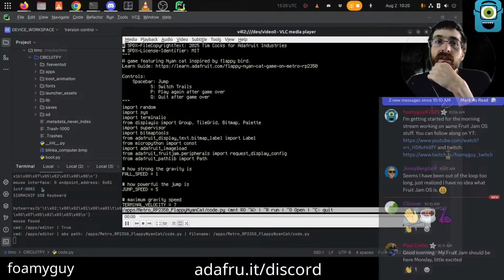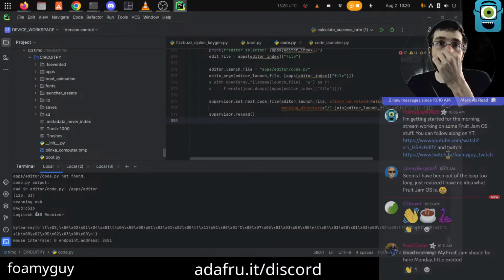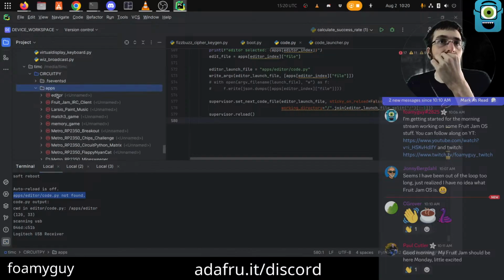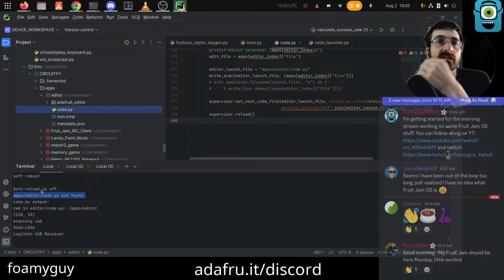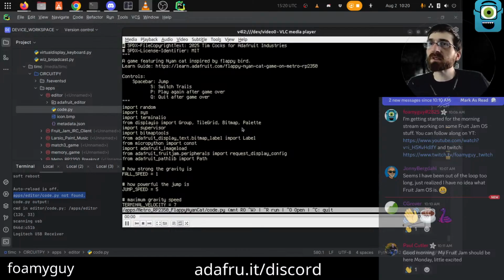I just saw "editor code not found", which is... Huh. Interesting. I don't know why... I'm not sure what printed that, or why it wouldn't have been able to find that file. But it did launch into the editor, so it worked. But we'll probably need to figure out why it printed that.